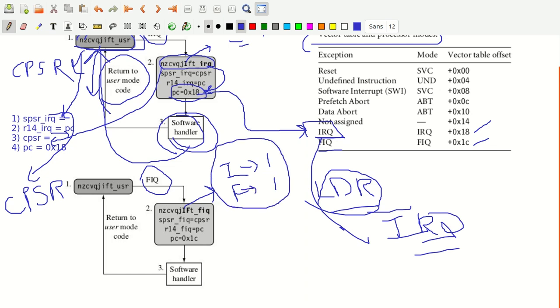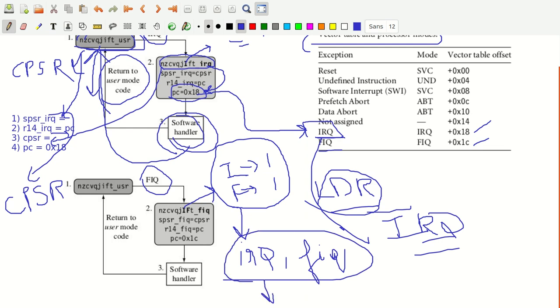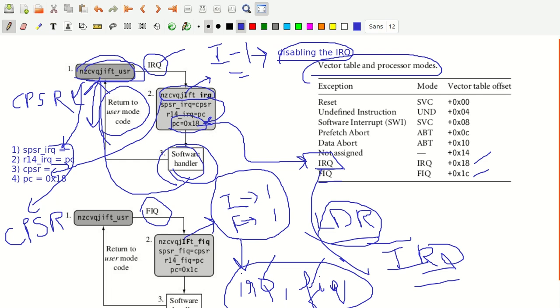By enabling the I bit and the F bit in the CPSR, basically what you are doing is disabling IRQ as well as FIQ. These two requests, both the interrupt request as well as the fast interrupt request. This is for the low priority, this is for the high priority. Both are disabled. How do you disable these two requests? By enabling the I and the F bit in the CPSR. You can just look into this one. In the case of an IRQ exception, whenever it is raised, only the I bit is enabled. Whereas in this case, both I and F are enabled. Here both are small, only I is capital. Here both are capital.